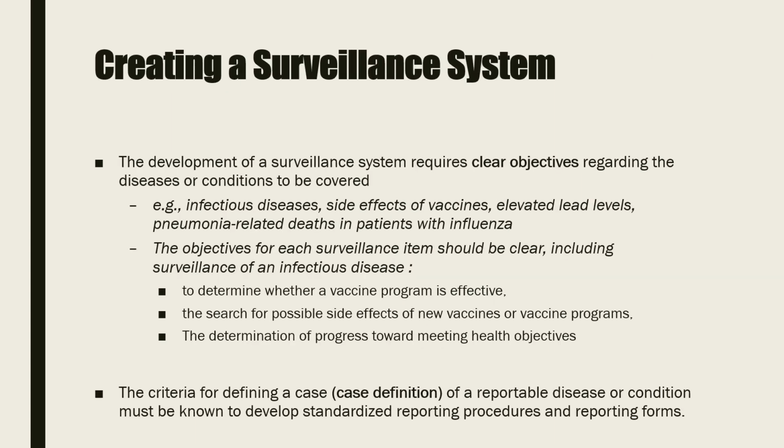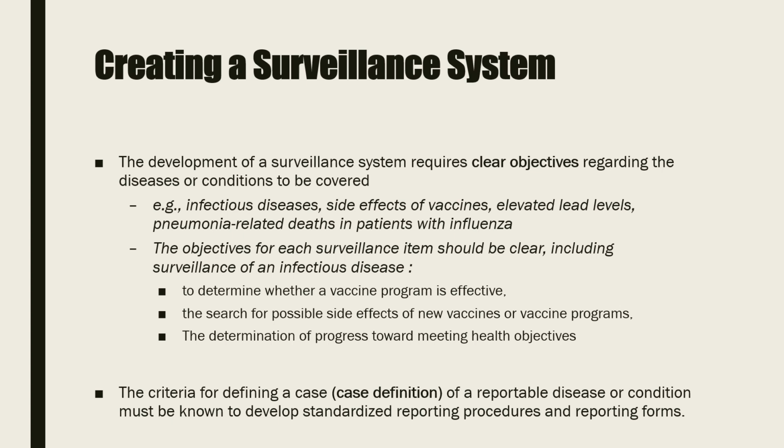So how do we create a surveillance system? The development of a surveillance system requires clear objectives regarding the diseases or conditions to be covered. So for example, infectious diseases, side effects of vaccines, etc. So the objectives for each surveillance team should be clear, including surveillance of an infectious disease, to determine whether a vaccine program is effective. The search for possible side effects of new vaccines or vaccine programs, determination of progress toward